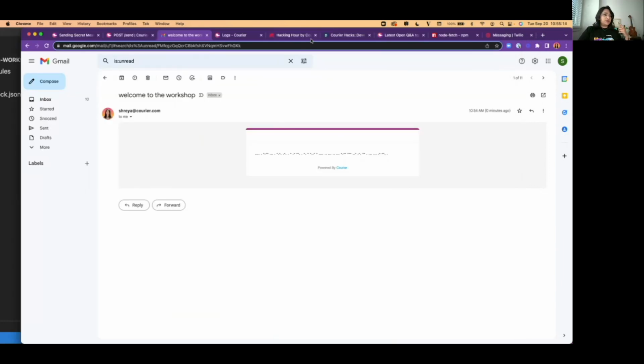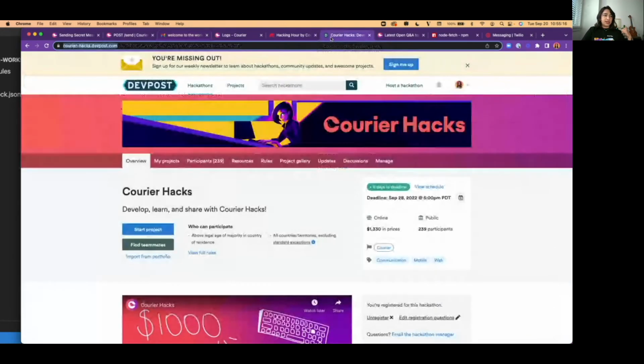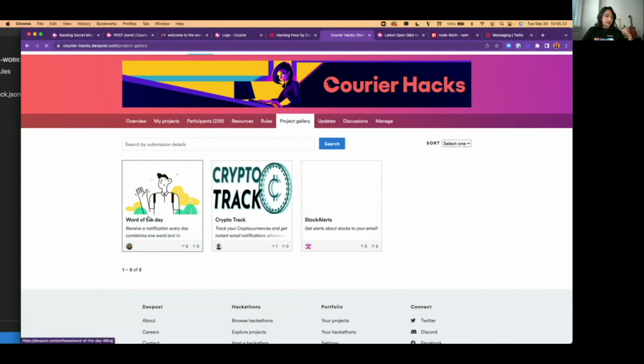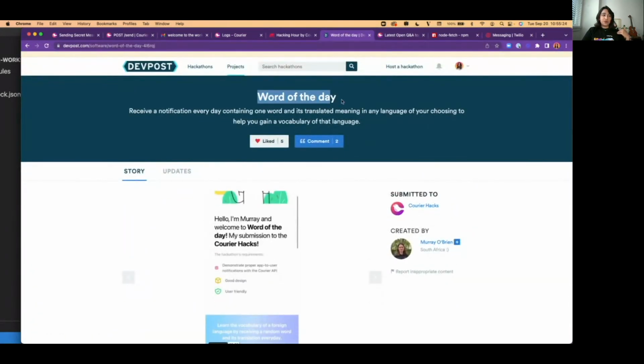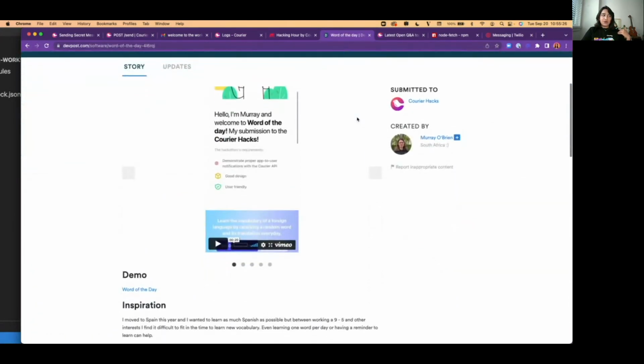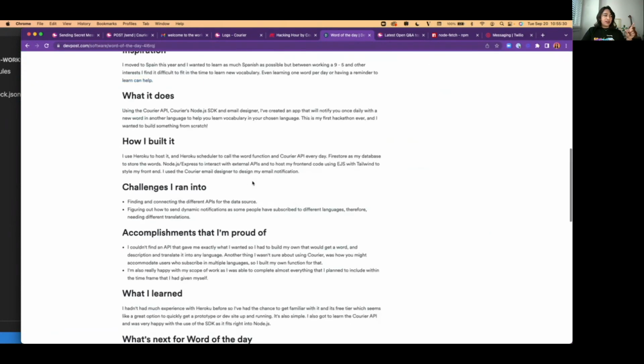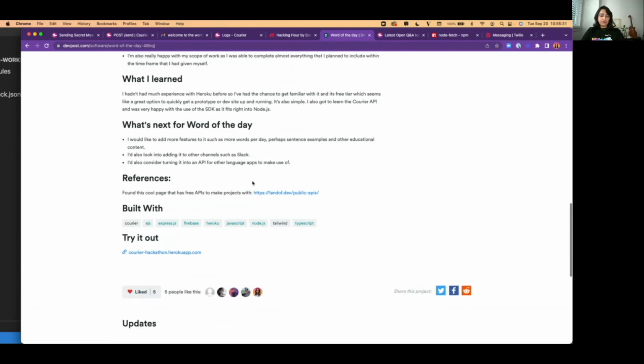Actually, what I might do for the next couple of minutes is just show you one of the projects that was submitted to the hackathon. This is my current favorite project. It's called Word of the Day. And it does something similar where it sends an email with a translation, but if you go to the demo,